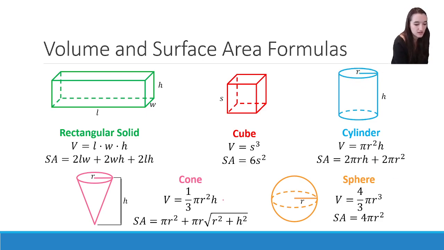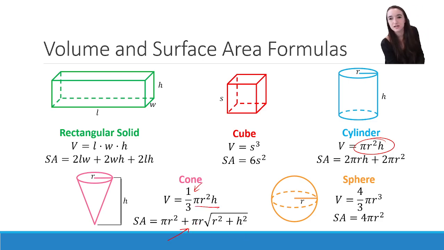Now the cone is a little bit harder to visualize, but essentially the cone is 1/3 of a cylinder. So it's 1/3 pi r squared h. The surface area, we're not really going to get into why it is what it is, but it is the most complicated of all of them. So we get the pi r squared from the base circle once again right here, but to get this sort of taking that,